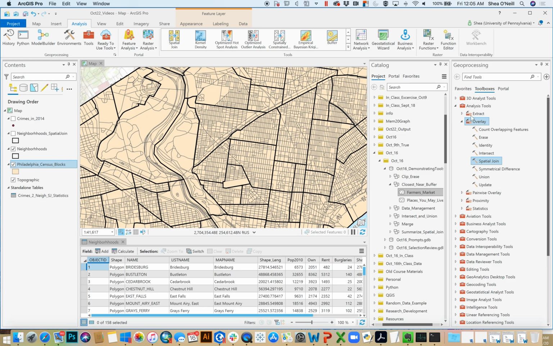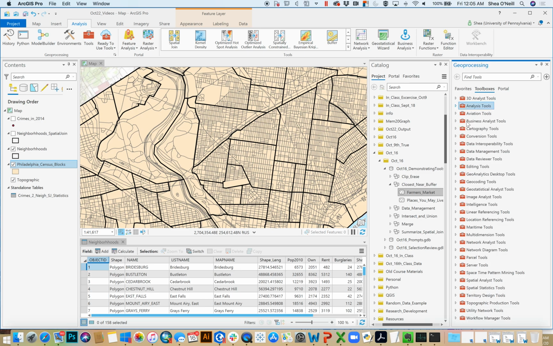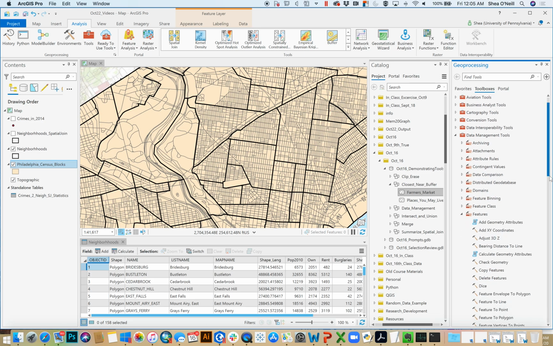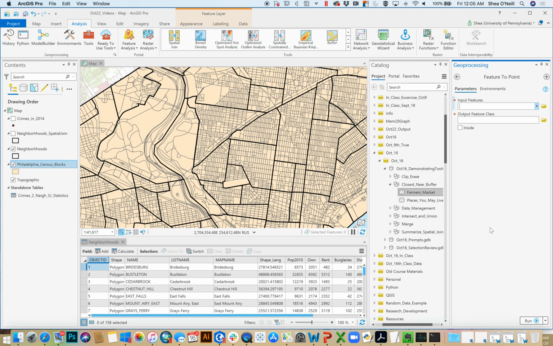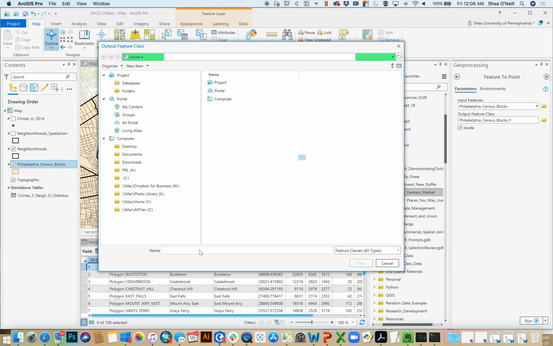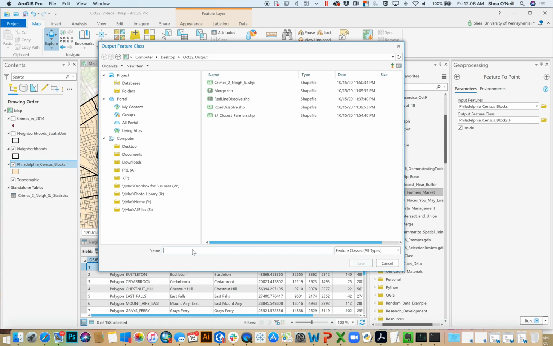So I can come to that tool we learned a couple videos ago, toolbox, data management, features, feature to point, and I'll say, hey, I just want the, well, let me make sure nothing's selected. Going to go to map. Good, nothing selected. Input features will be the census blocks, and I'll want an inside, and I'll go to where I'm saving stuff, and I'll say block center,